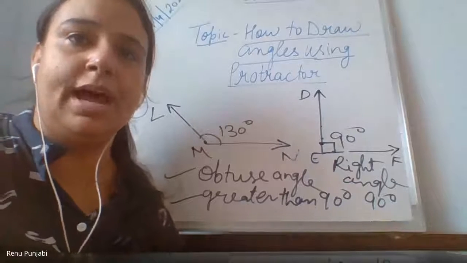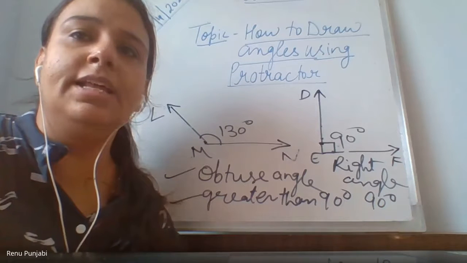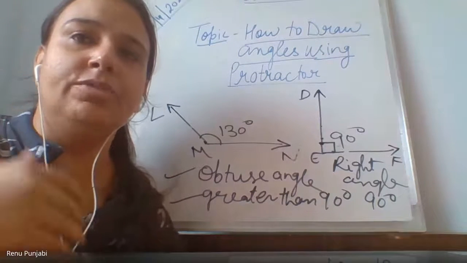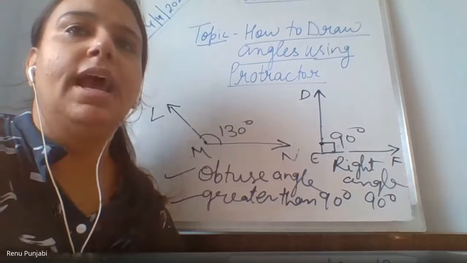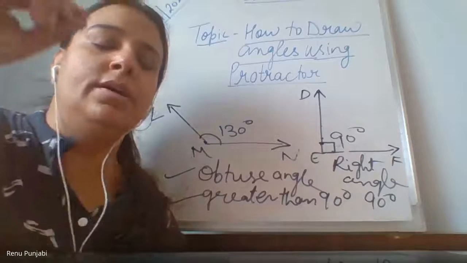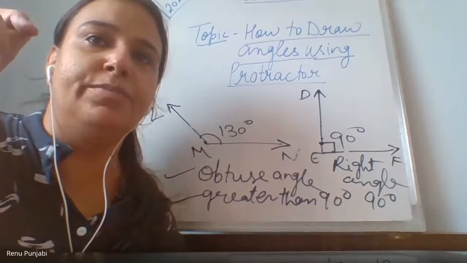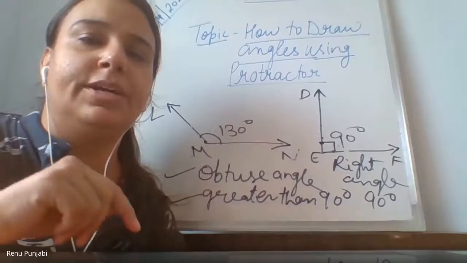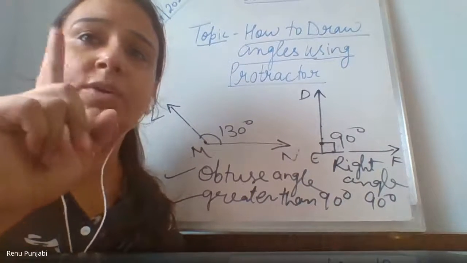Show me. Put it down. Now where is the other ray? Where is your angle? Yes, it's 130 degree. And show me whether you have put it on the vertex. Hold it up. Remove the protractor from your notebook first. Now put it again. Put it on the vertex. It is not exactly on the vertex.